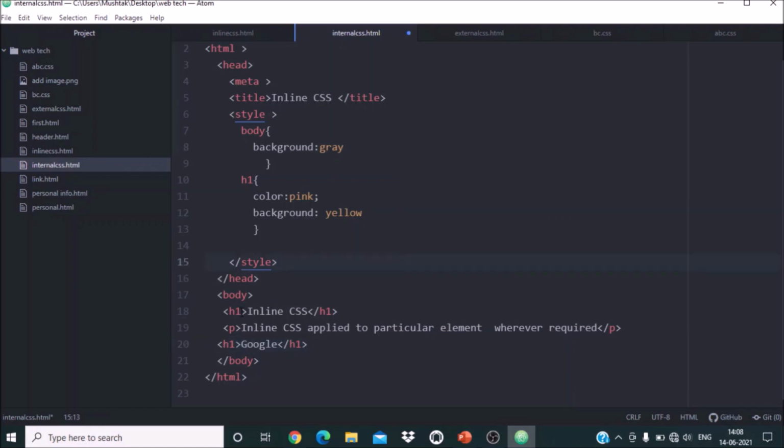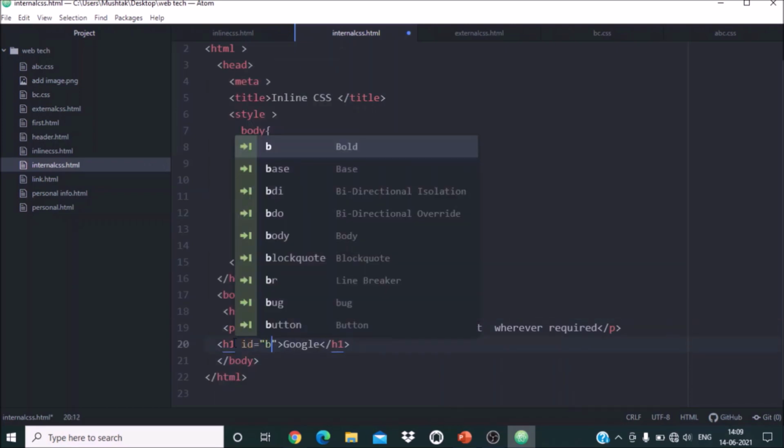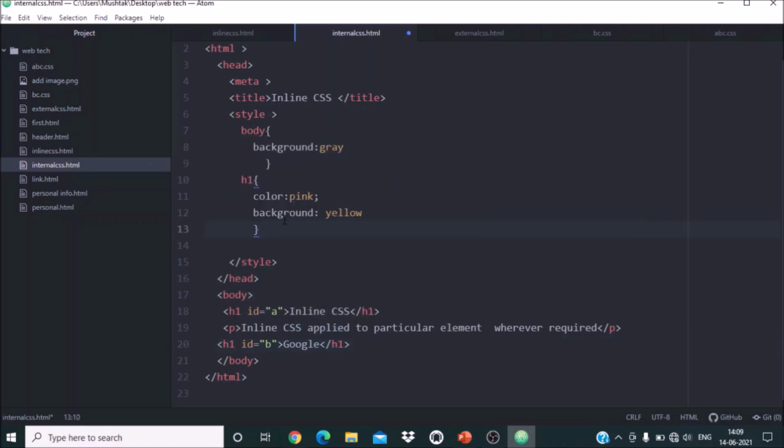So I will write id is equal to a here, and here id is equal to b. Now if I'm using id instead of h1, I will apply the effect based on id. So I will write hash a.